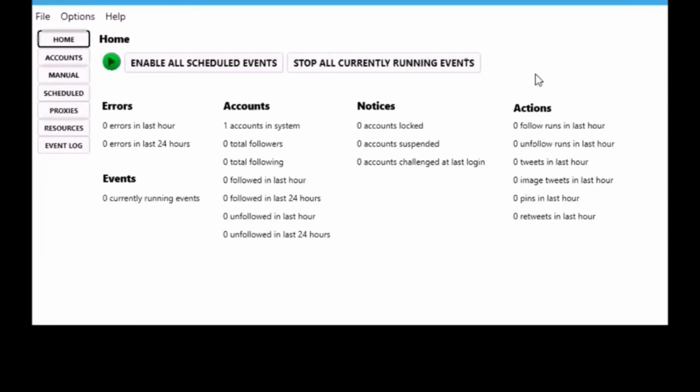Okay, so that's it. Hope you've enjoyed the video and you feel competent enough now to use it. Like I said, it's a great tool. You can amass a lot of followers quickly, and that will generate you a lot of traffic. As I said before, just treat each account in the system as a long-term investment, because that's the beauty of Twitter versus other social networks, is that you can have